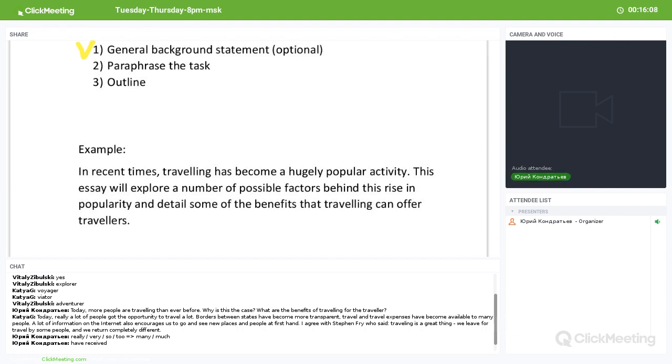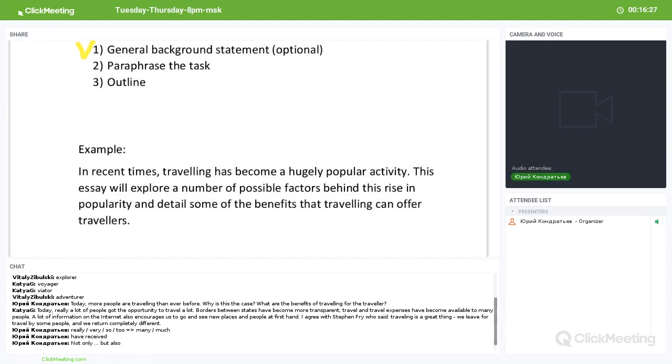Borders between states have become more transparent. Travel and travel expenses have become available to many people. Okay, to make this construction even more complex, I would recommend using inversion, using the construction "not only but also". And if you do it like this, it will sound in the following way. Not only have the borders between states become more transparent, but travel and travel expenses have become available to many